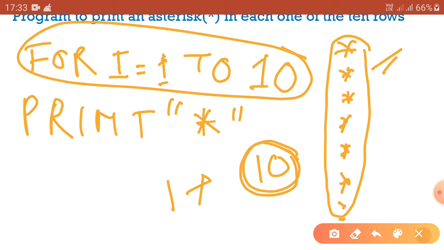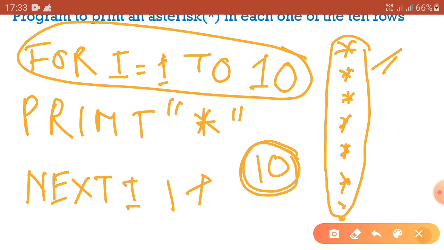Okay, and then write the NEXT statement, and then I. Because we know we have to put the NEXT part here. And we know what it does, it increases or decreases the counter variable and transfers the control to the first statement to compare with the final value.